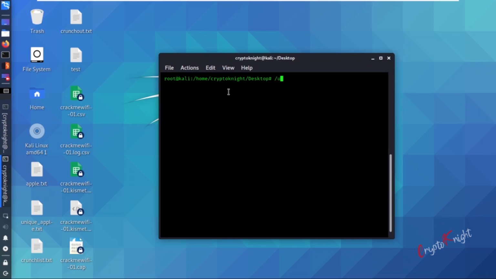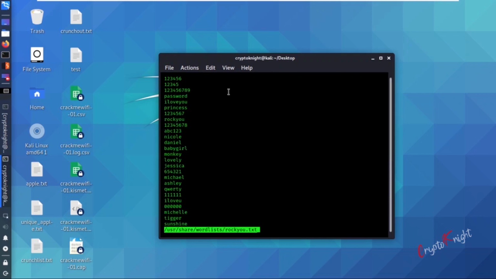It is present in /usr/share/wordlists as rockyou.txt. You can type less over here. Okay, so this is the file and it has a lot of words. It is a very big word list. So we will use this file.